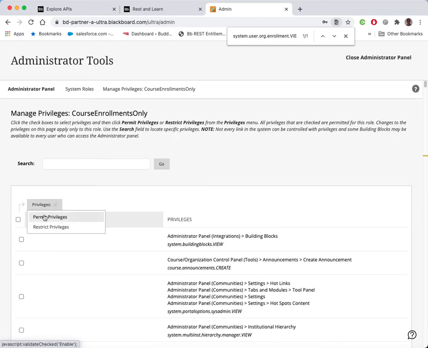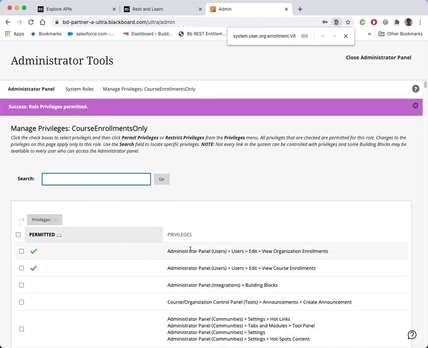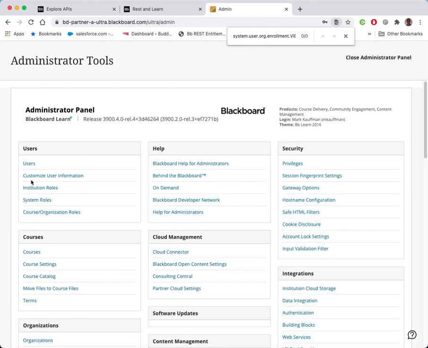And we're just going to go permit. And there they are. So now we've got our system role that will let the user that has this system role only do these things, only get the enrollments for courses and organizations. So now what we can do is we can go to the admin panel, and we can create a user,